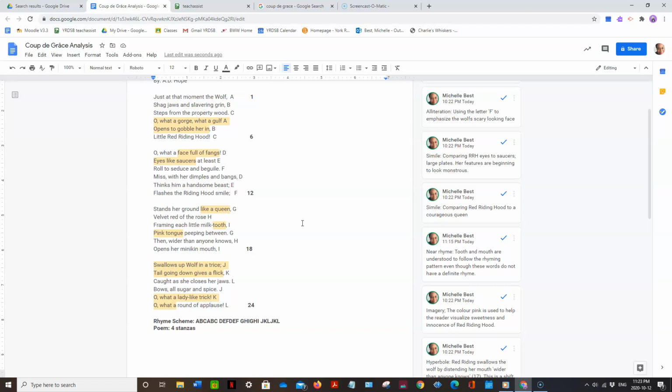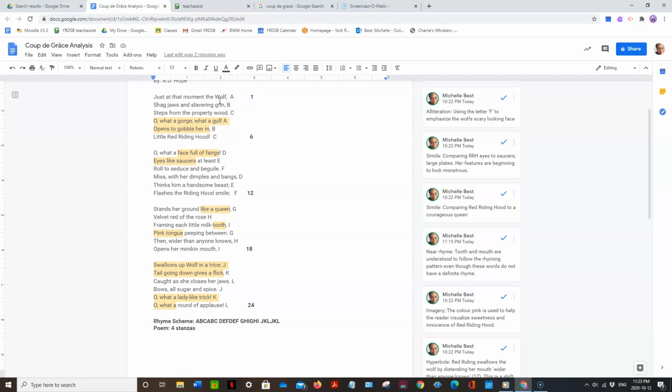If your poem is a very long poem, you only really need to do the rhyme scheme for about the first 1 to 2 stanzas, and if you notice that pattern repeating, you can indicate at the end, this pattern repeats throughout the poem. But in this case, the ABC means that the words that have the letter A